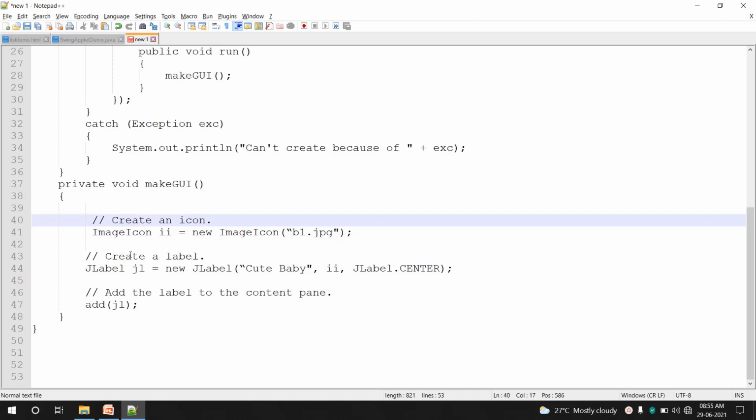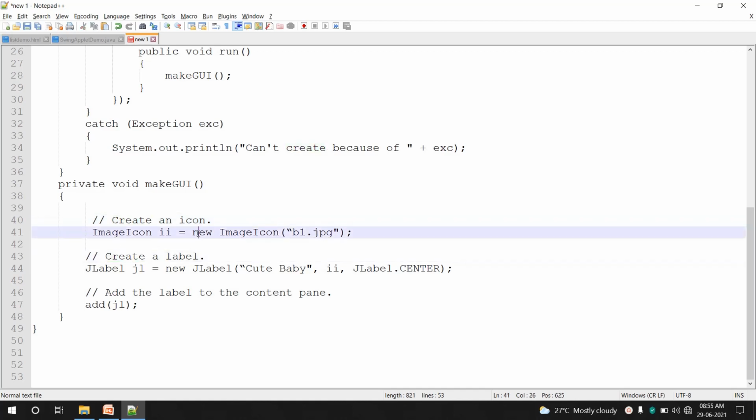JLabel can be used to display an icon. Before displaying an icon, we need to create an icon. How to create an icon? By using the ImageIcon class. ImageIcon ii is equal to new ImageIcon. In brackets, you have to pass the file name of the image you want to display.